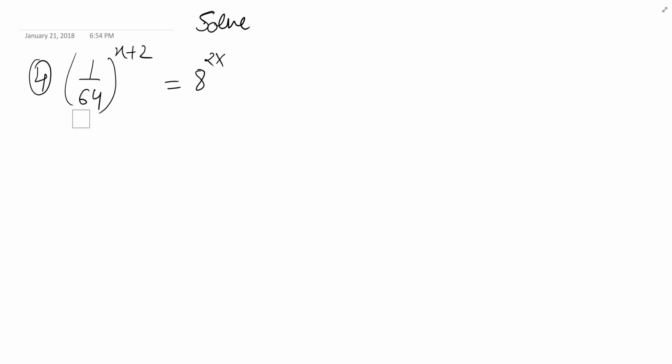This base is 1 over 64, that is 8. But we know that there's something common among 64 and 8. We can make them powers of the same number. 8 is pretty simple. 8 is 2 times 2 times 2. So 2 cubed is 8. And 64, I think you already know that this is going to be 8 times 8. And we already know that 8 is 2 cubed. So we're going to have 2 cubed